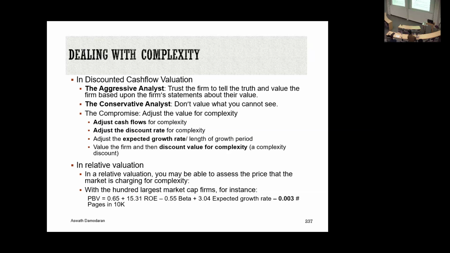What does it mean? Every 100 pages in your 10-K suite finished off, what happens? Basically, every 1,000 pages your valuation goes down. Let's make it 100. 100 already pushes you to 0.3, right? So it lowers your price to book ratio by about 0.3. So if you're Citigroup and your price to book ratio is 0.9, which it was then, I have a very simple proposal for you to double your price to book. What should you do? Knock 300 pages off your 10-K.